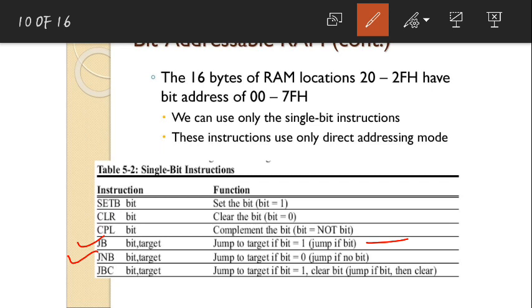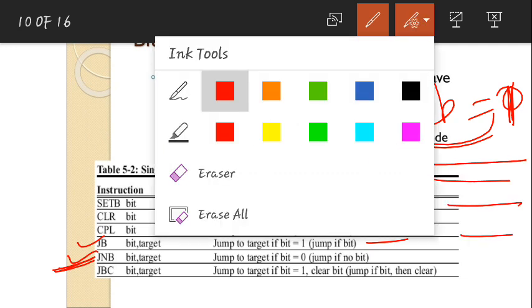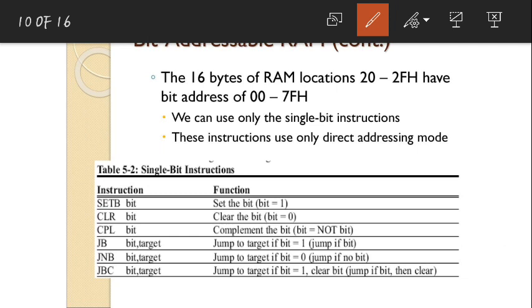Okay, remember this. In this instruction I am talking about, if the bit is equal to 0, only then it should jump to the target address. If it is equal to 1, then it will not jump anywhere. It will execute the other lines of the program. Okay, next you have